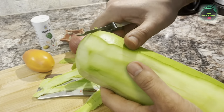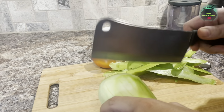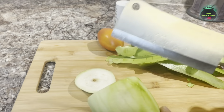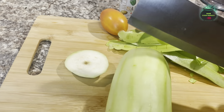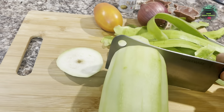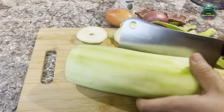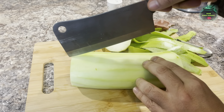Okay, so this has been peeled. Now take the bigger knife and take out the sides, just like that. So this is how it's gonna look. Now cut it from the middle,